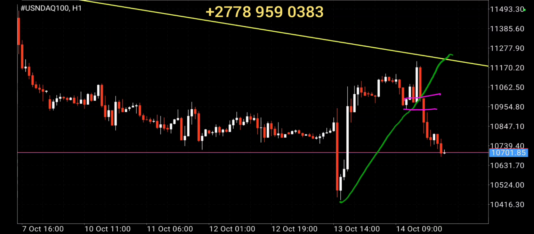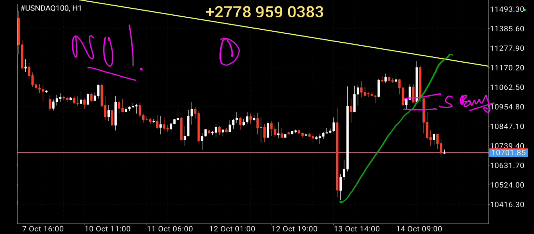It's supposed to be your area of support. Now my question is, were you allowed to buy from this support? This is if you're trading H1: were you allowed to buy from that, and why? The answer would be no. Not because I see that the price moved down and broke it. No, I'll tell you why.